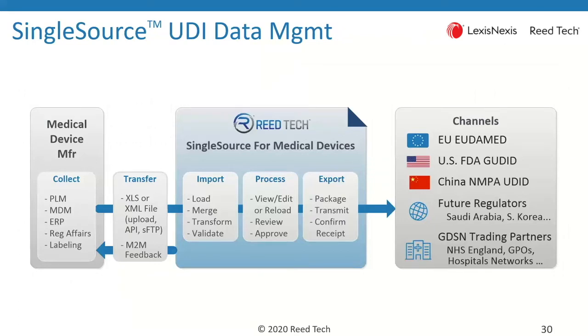And John, do you just want to touch quickly on the main functions here of how we work as basically the data hub that acts as a conduit for the medical device manufacturer and then distributes the data out to various channels? Yeah. So essentially, as you said, we have a single platform where we're able to receive global UDI data spanning multiple health authorities in a standard that the single source application supports. And within the application, we're able to load, merge, aggregate that information, validate it according to the particular health authority channel business rules, and then further manage the submission process to those health